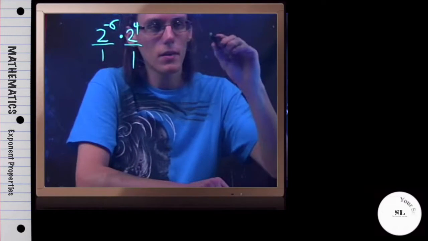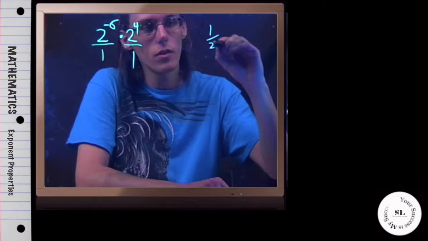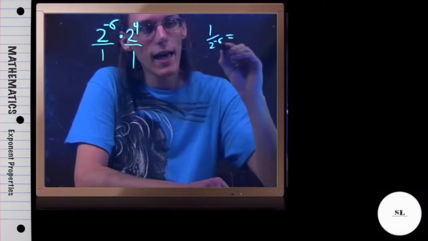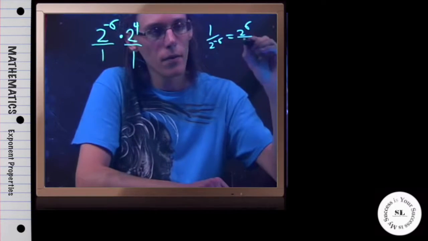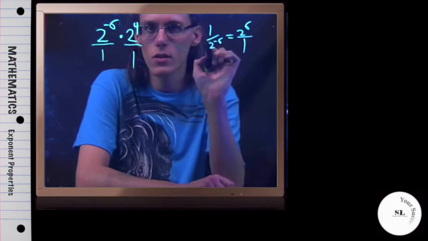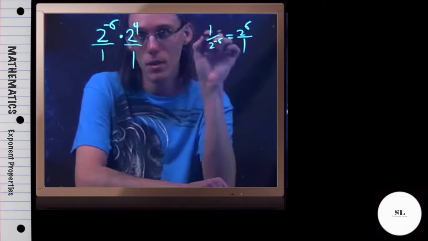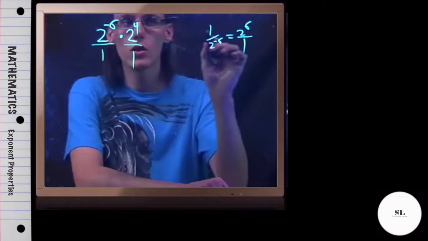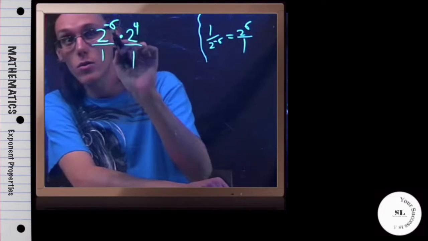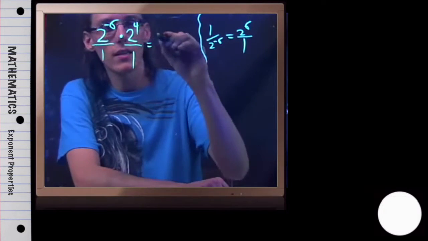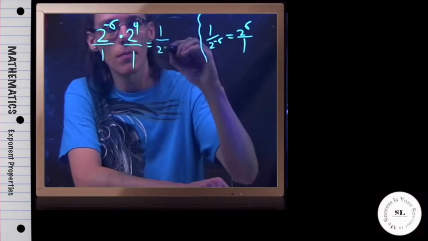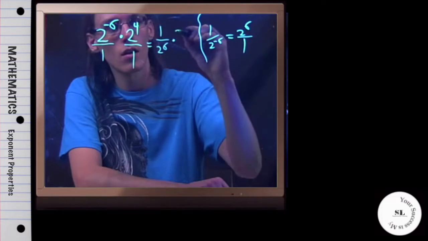If I so happen to have 1 over 2 to the negative 6, that would mean that I'd have 6 2's, but they would be on top instead. The negative you can think of as saying they're in the wrong spot. Put them in the other spot in the fraction. So in the example that we actually have with 2 to the negative 6 on top, that needs to go to the bottom. So I would rewrite this as 1 over 2 to the positive 6 times 2 to the